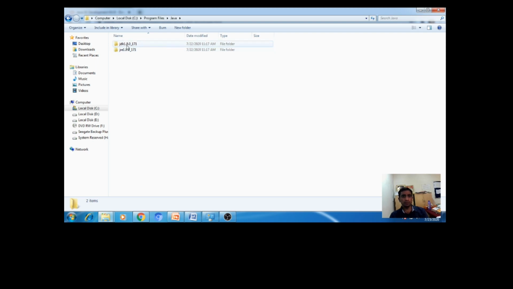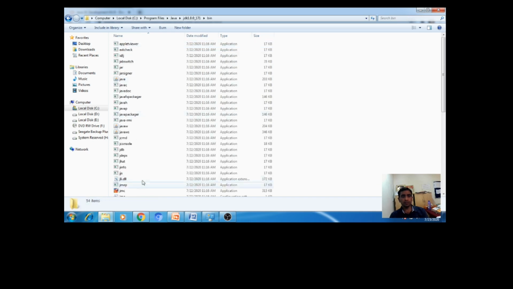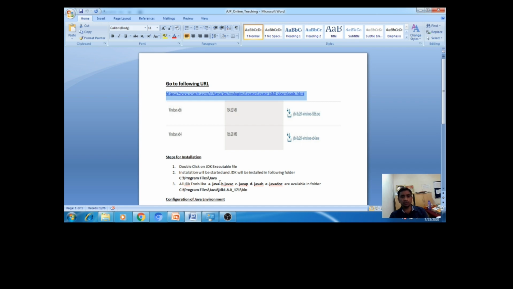This JDK folder contains the bin folder, and the bin folder contains the JDK tools. JDK tools are nothing but java, javac, javap, javah and javadoc. So these tools are available at C:, Program Files, Java, JDK and bin.